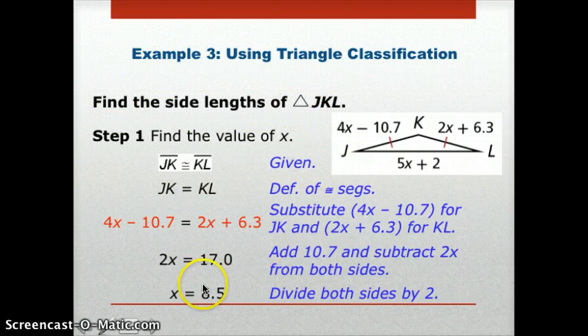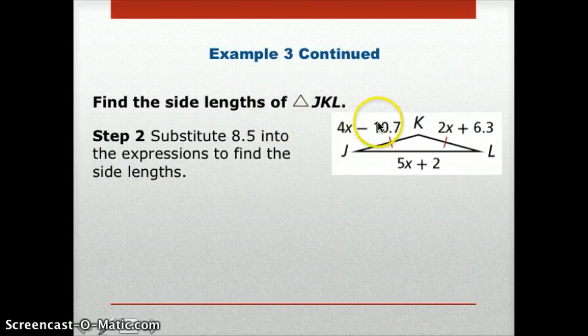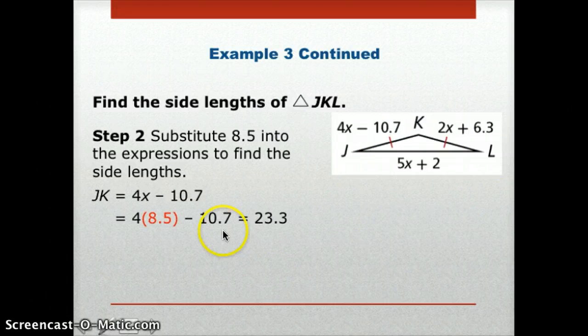So did it say just to find x? Not quite. So we have another step where we need to plug that in. Since x is 8.5, we're going to plug that measure into the side lengths. So if I start with JK, I plug in 8.5 for x, and I simplify, I'll get that JK's measure